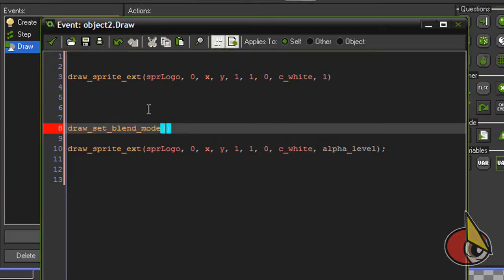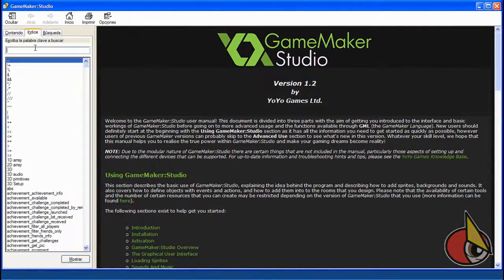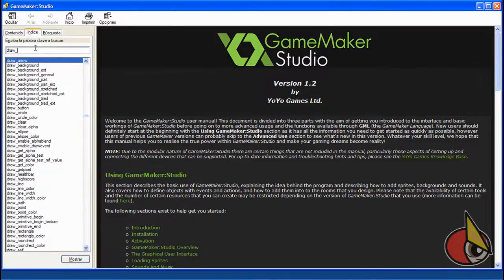Okay, the constant for the additive blending mode in GameMaker Studio is bm_add. If you don't know this constant, just press for help, and in draw_set_blend_mode